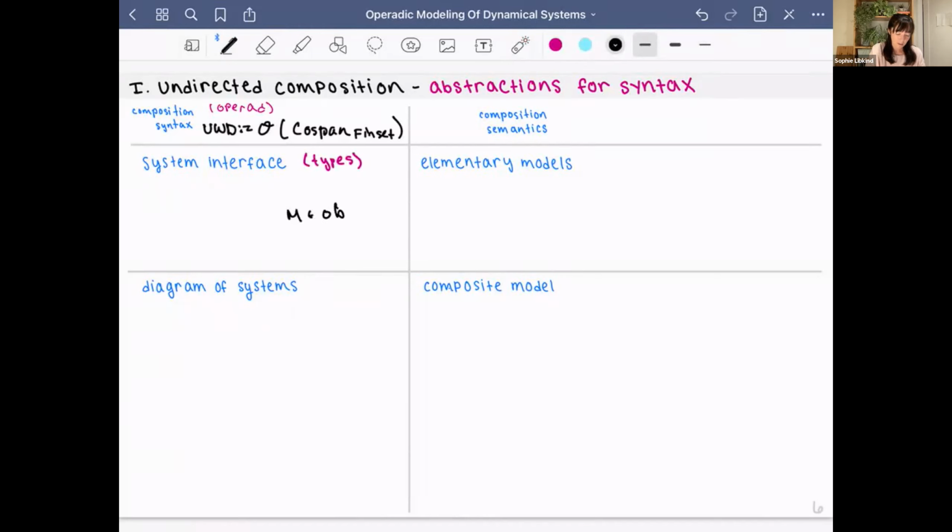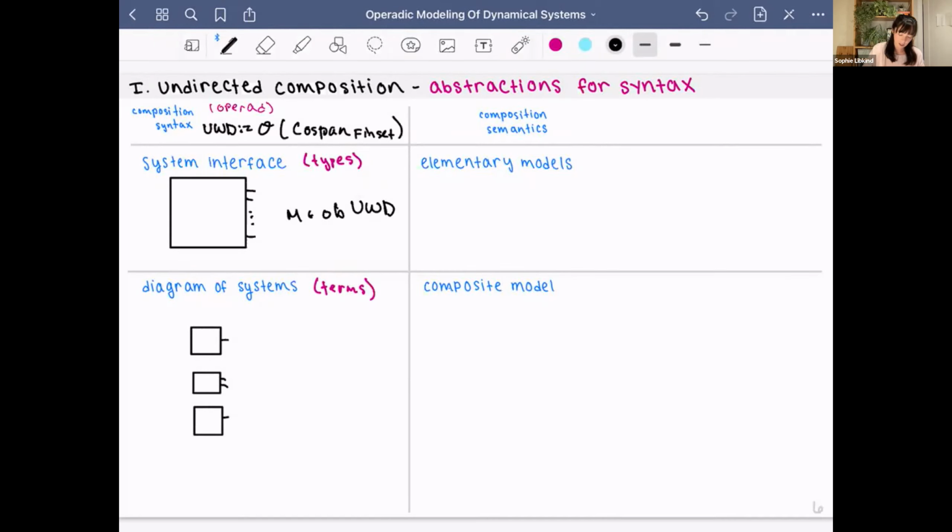So M is a finite set. It's a type of UWD. And we're going to draw it like a box with M exposed ports on the side. So these are like M exposed ports ready to be hooked up to someone else. Our diagram of systems is going to be given by terms or morphisms in our operad. And so if I want to hook up, let's say, 3 domain types of my operad, a box with 1 exposed port, a box with 2 exposed ports, and a box with 1 exposed port again,